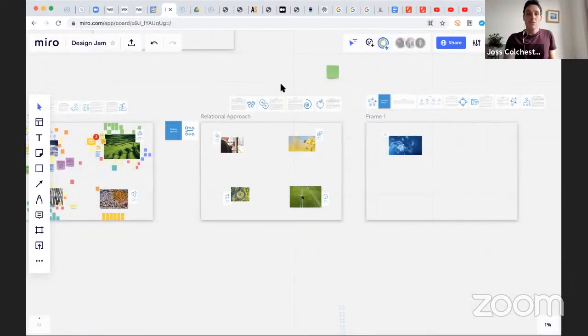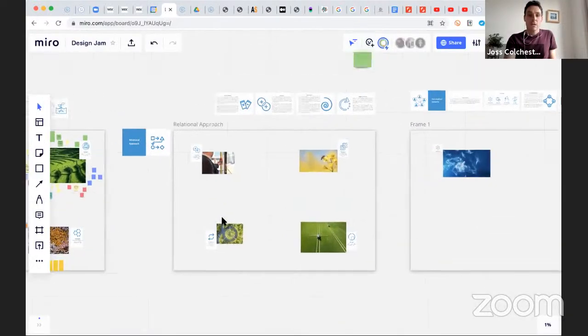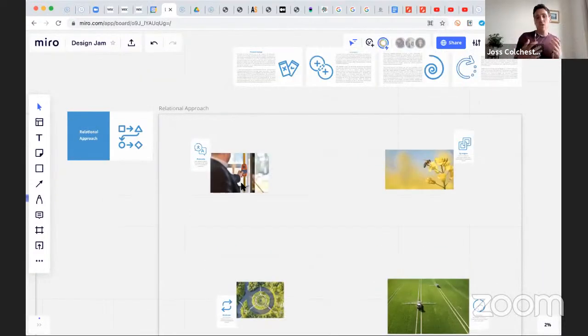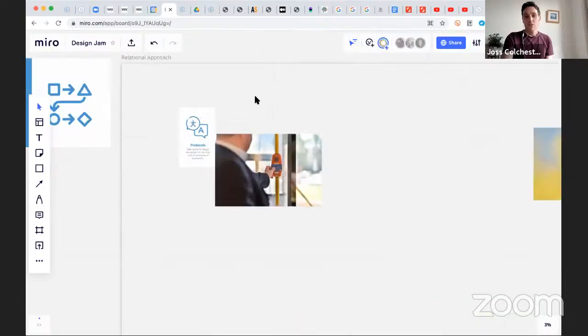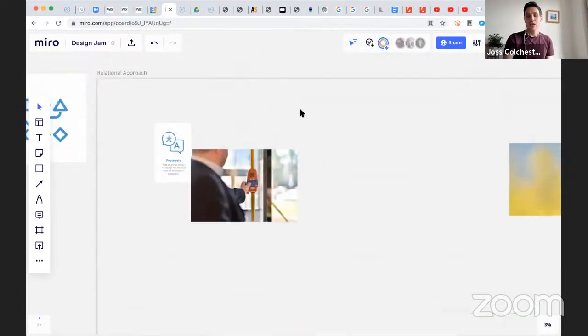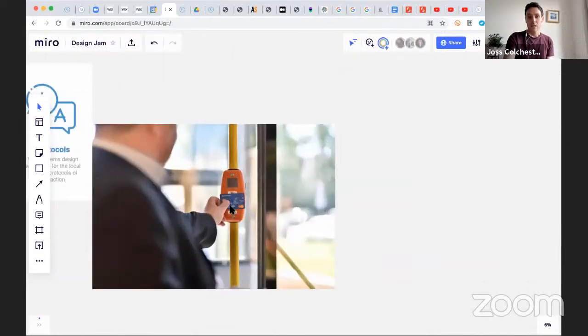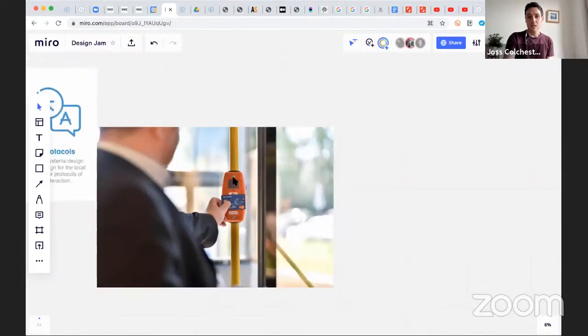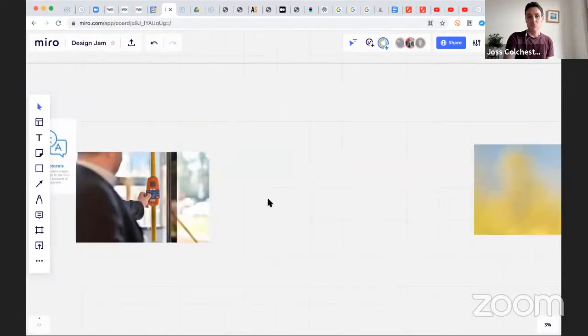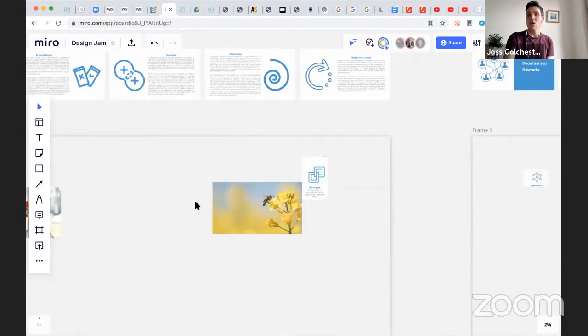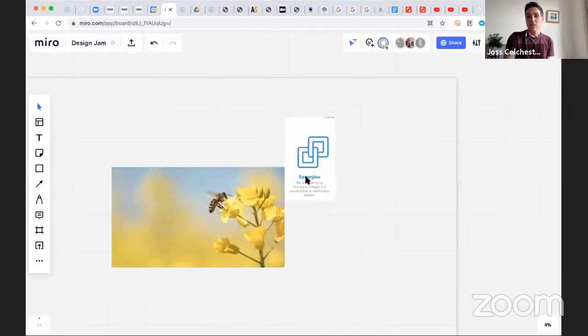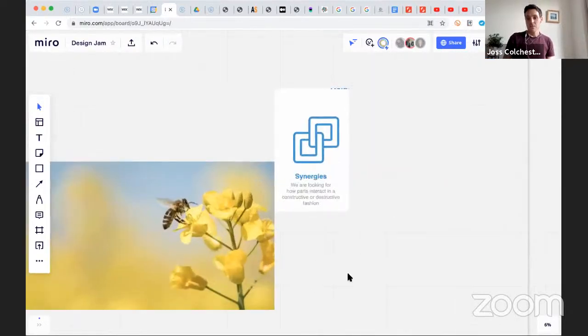Great. So let me say a few words. We're going to talk about different aspects of a relational way of looking at the world and a relational approach to design. A few key ideas there. One is protocols. What are the rules through which things interact and interrelate? Like this card here interacting with that little device, and certain rules around how they interact and so forth. And we have to design for those. Designing for synergies too. We're looking for how parts interact in a constructive or destructive fashion.